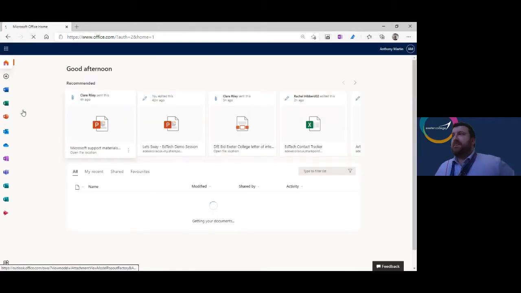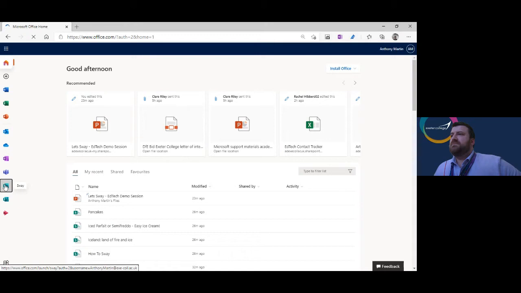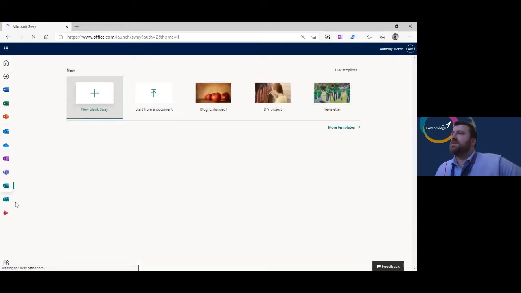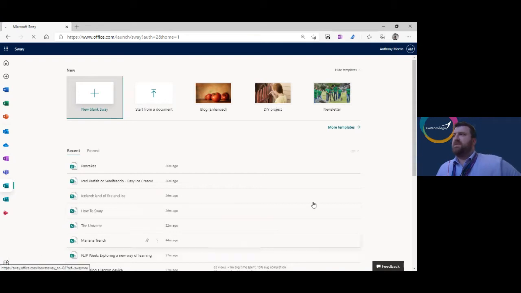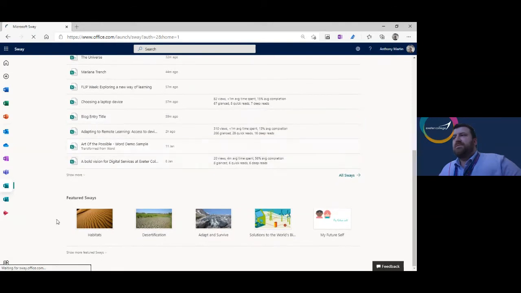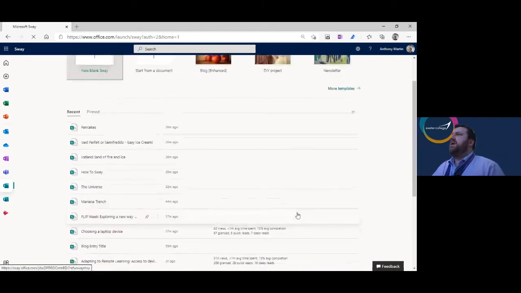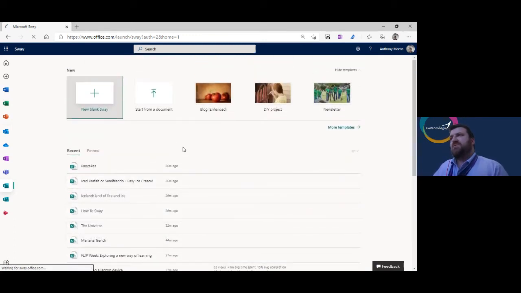So once I'm in Office, I'm going to go down and find the Sway icon, which is the one just here. And so here I am in my Sway. What I've got initially is something that shows me I can create a new Sway from blank or from a document, or I can look at some of the things that I've created recently, or I can get some inspiration from featured Sways and see what we can create there. So what I'm actually going to do is create one from something slightly different. I want to create from a topic, just to give you an idea about how quickly you can get started with this. So if I go back up to create a new Sway,